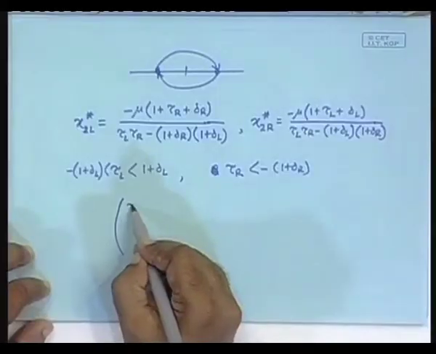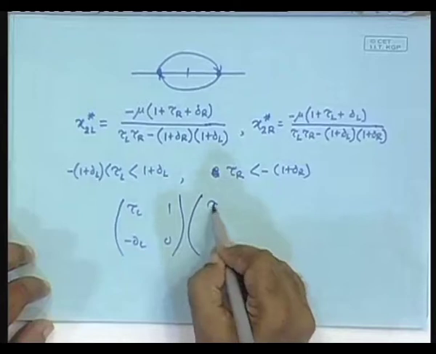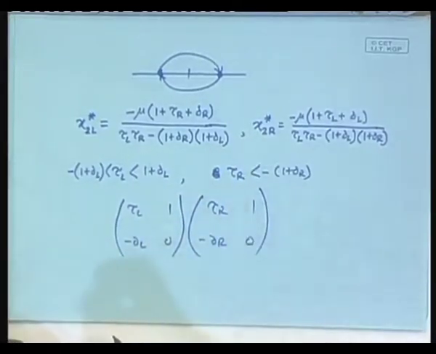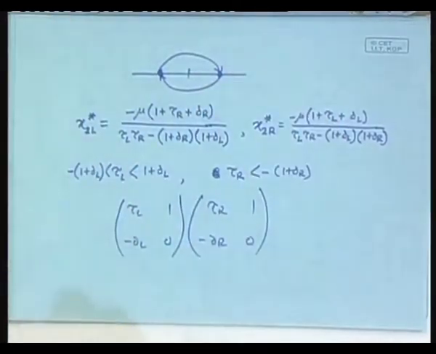And how would you obtain its eigenvalue? By multiplying these two matrices. You multiply these two and obtain its eigenvalues, right? Now, if you do that, then the eigenvalues come to be,